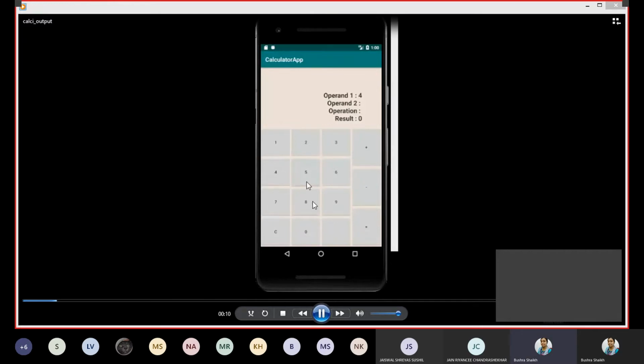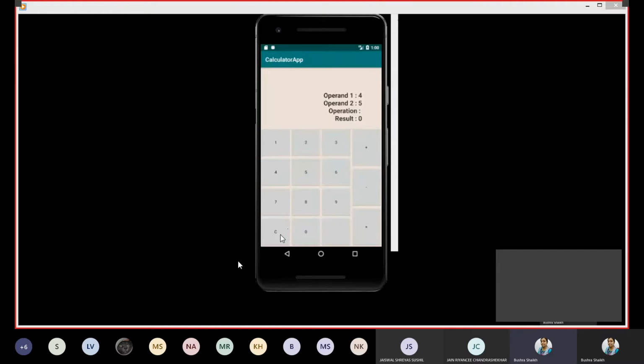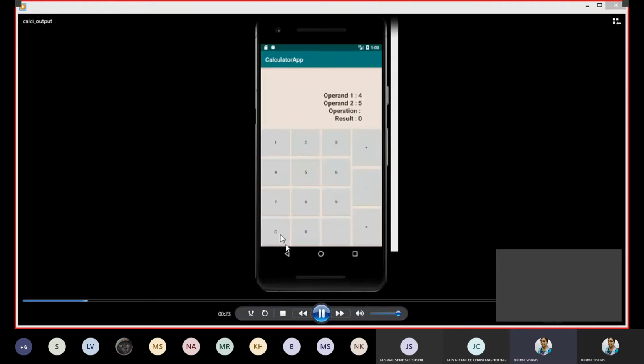Actually, this is not from the starting point of running this calculator app, because otherwise you would have seen some value. It is from the middle; I've already run it twice or thrice. So here, when you click on the clear button, everything should get reset. Only up till this much part we have implemented. So after clicking on any button, operand 1 and operand 2 should be set, and clearing out the operation should be done.